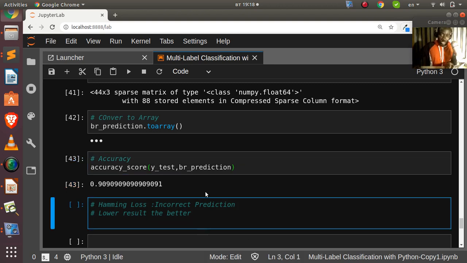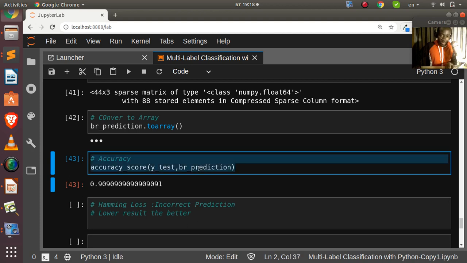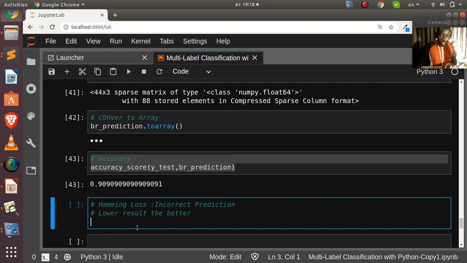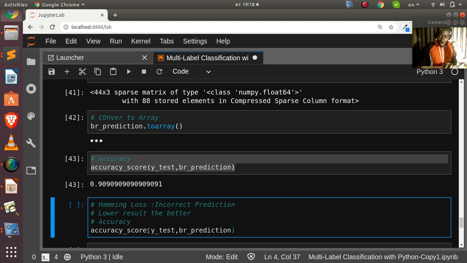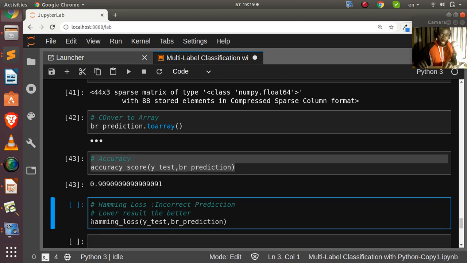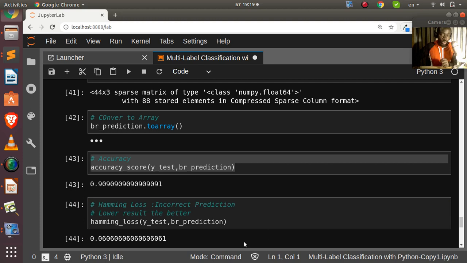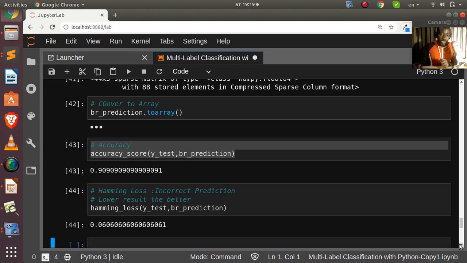So let's check it out. I'll just copy this one here because it's the same thing. The only thing we are going to change is the accuracy score. So I just change it from here to Hamming loss. The lower the number, the better it is, because it's telling us how many of them it predicted incorrectly. So if it's low, that means it is able to predict most of the ones correctly. Very nice, right? So that is how to do multi-label text classification using the first method of problem transformation,